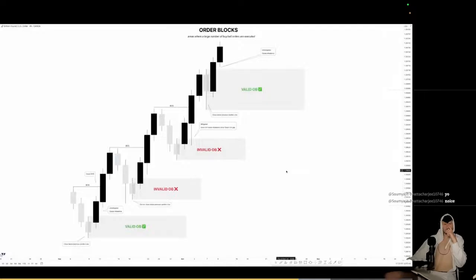Okay, let's look at this example that we have right here. Right, so we are going to go through the validity of this order block one by one from the bottom to the top. Right, so when we look at this first order block, the first thing you look at